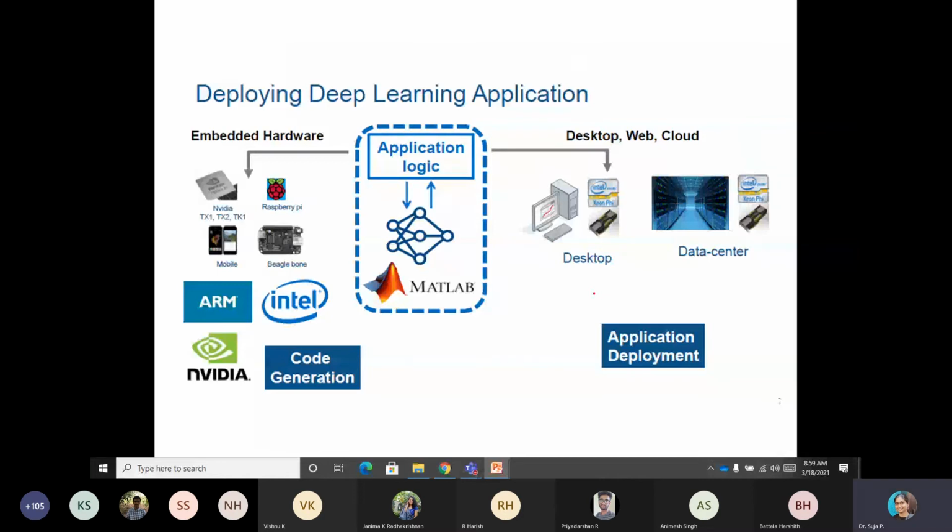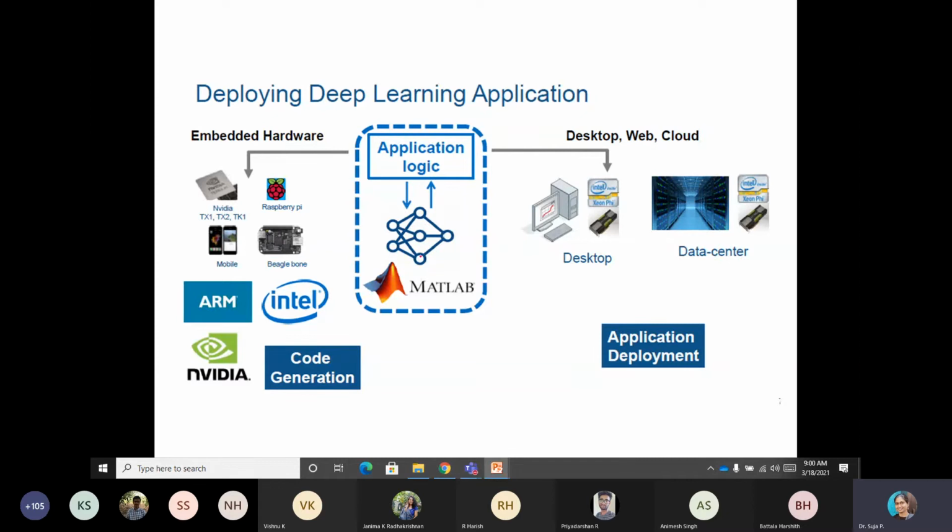So, deploying deep learning applications. Actually, I have attended one session organized by MATLAB for deep learning, so the slides that I got from there, I'm using here. So here you have embedded hardware like this. You can use a Raspberry Pi or a BeagleBone or even NVIDIA cards like Jetson Nano, any such cards you can use, with these processors for compatibility.